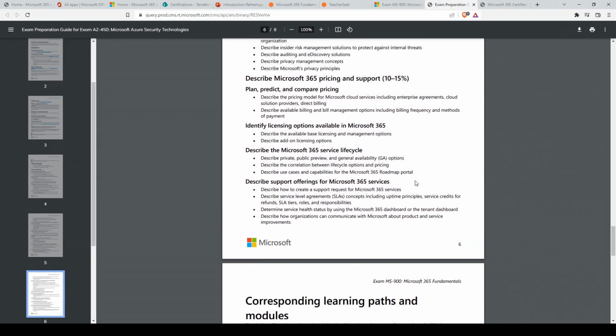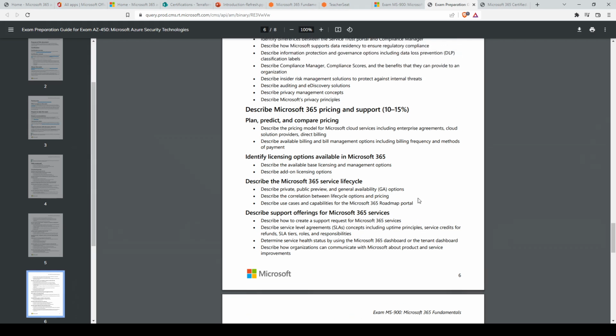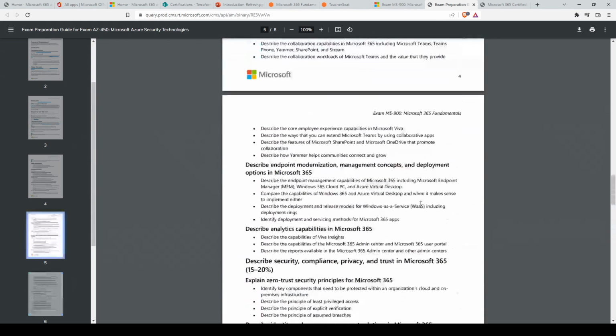Once again, there's a lot on the list, so I couldn't name all of them, so I named the ones I thought were the most important. But throughout the course, we'll definitely cover all of the material in great detail,